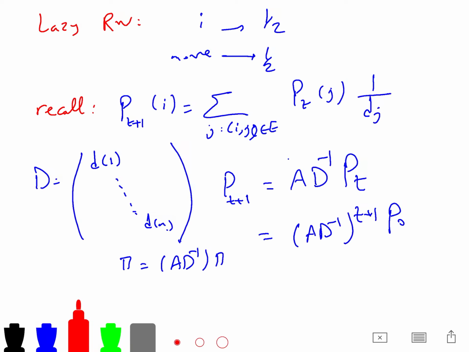So our transition probability that we talk about is just A D^{-1}. So pi is the eigenvector of A D^{-1}, because 1 times pi is equal to the transition times pi. And observe